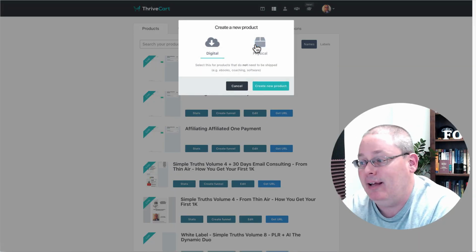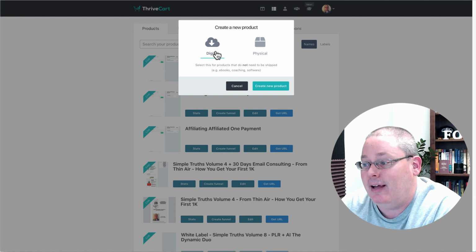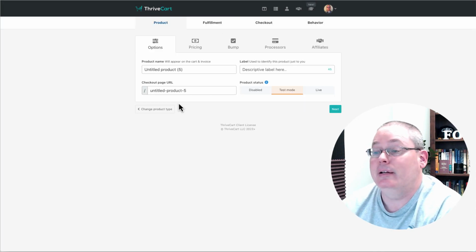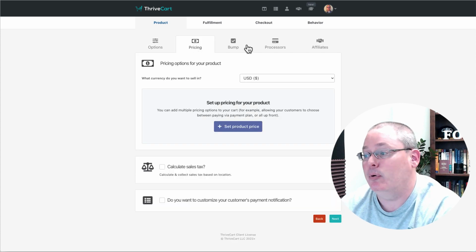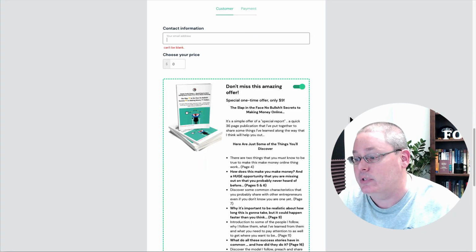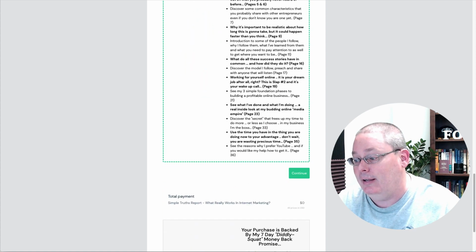You simply select to create a new product inside of ThriveCart. You select create a new product, and then you have the ability here to name your product, set the pricing. You saw the bump offer. That was the bump offer, or that was the offer here with this toggle switch that allows me to give